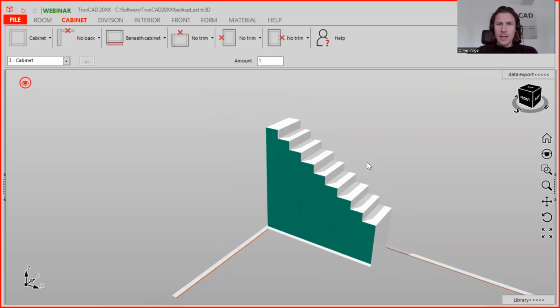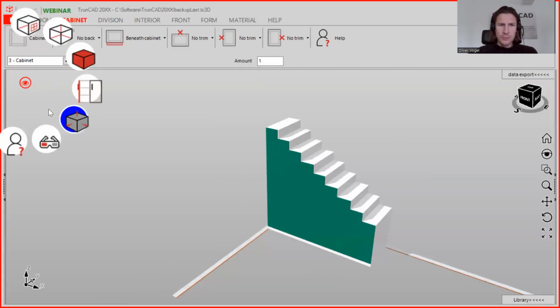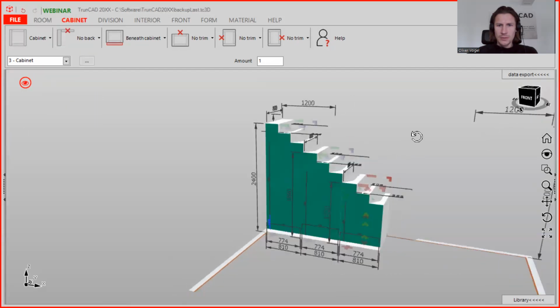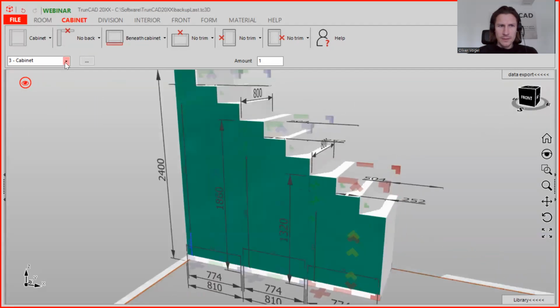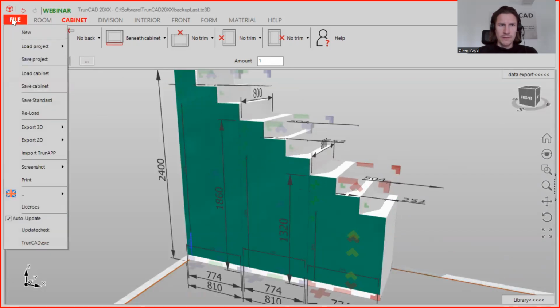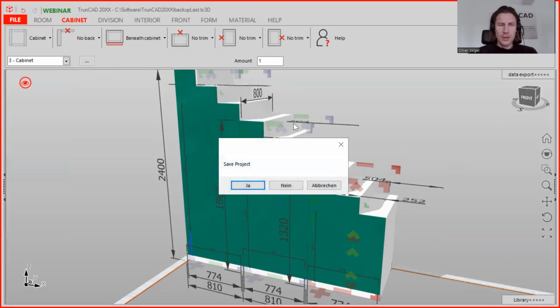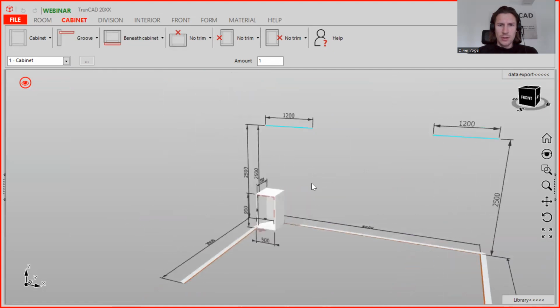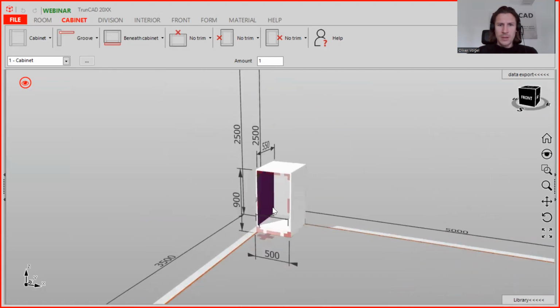Let's start. Before we start, we click here on the red eye and we activate the smart legs. So you see here we have 3 cabinets, and we click on File and start a new project. We don't save this. Now we just start with our default cabinet, and